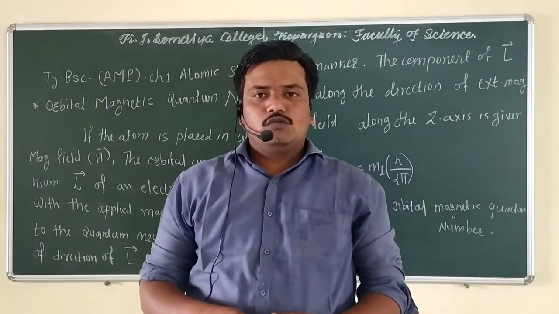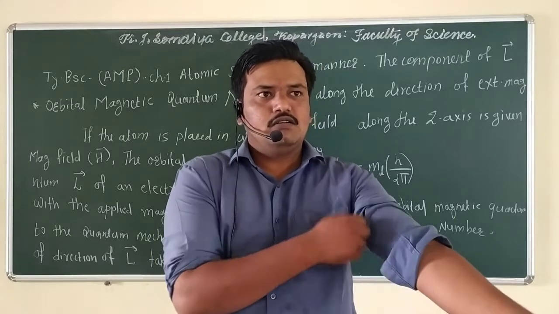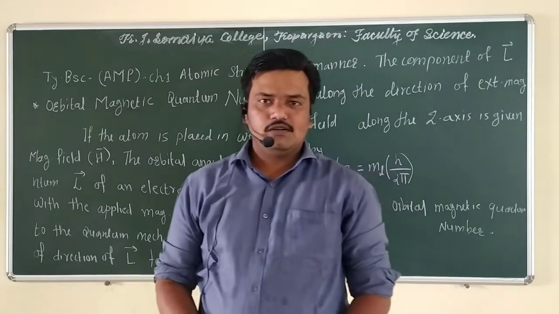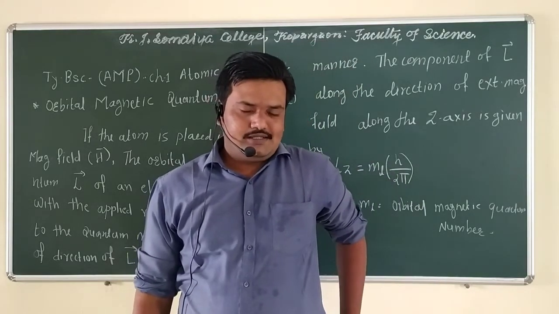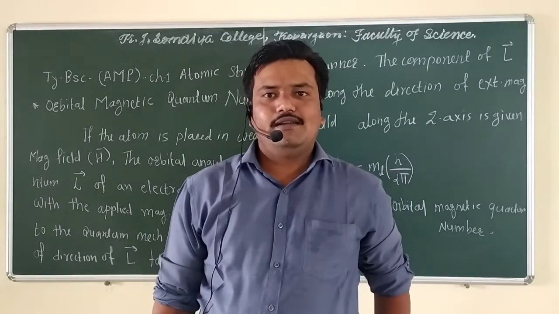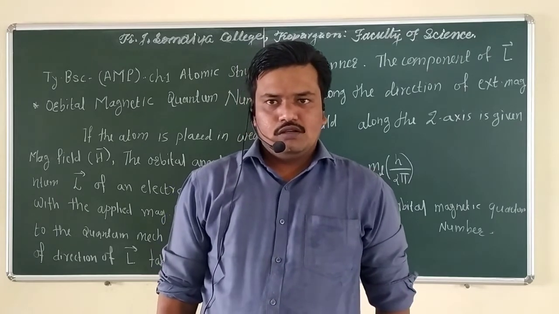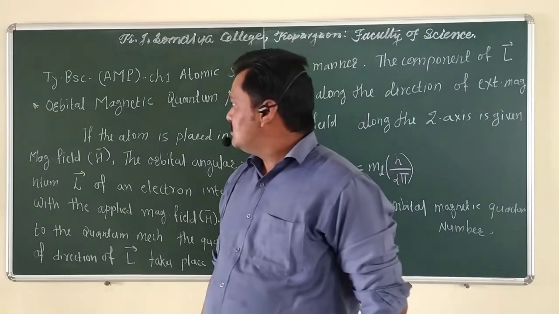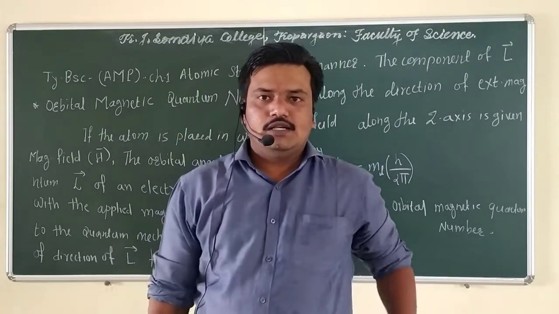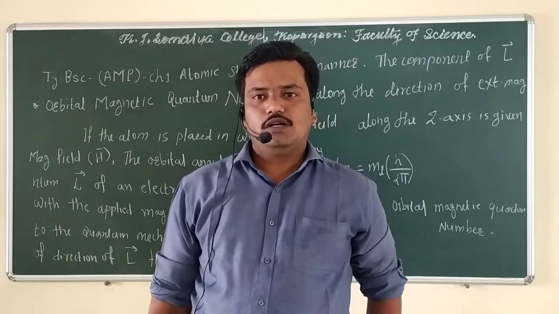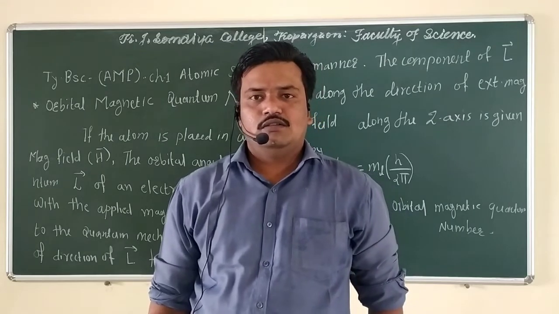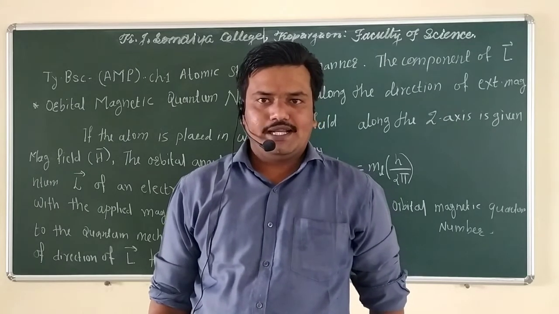According to quantum mechanics, there are four different quantum numbers: the principal quantum number, which is n, the orbital quantum number, which is given by small l, after that the orbital magnetic quantum number, which is ml, and the spin magnetic quantum number, ms. So, in the summary of the last lecture we saw the principal quantum number n.